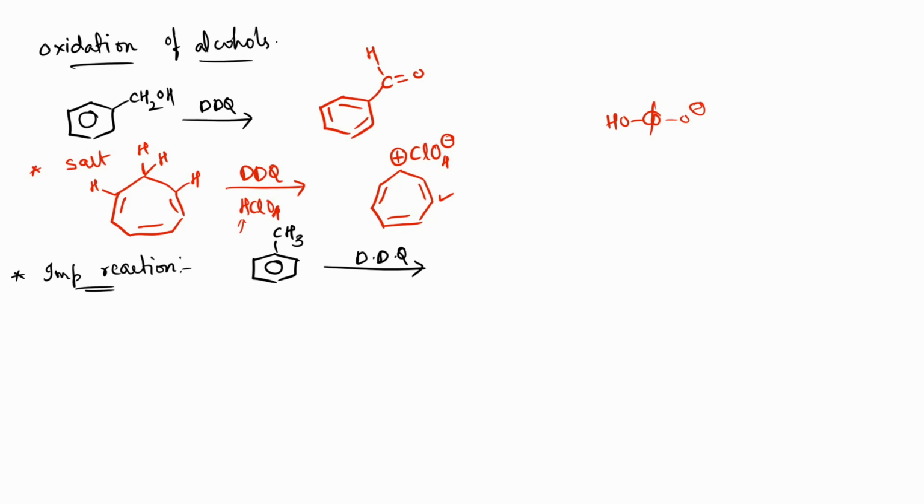Next is the last type of reaction, which we can say, if there is no additional hydrogen for a compound to undergo dehydrogenation process, what we observe is, we have a product which will be an oxidized compound of the previous reactant. That is, when you treat CH3 with DDQ, since this carbon has just hydrogen, it is not attached to one more carbon containing any hydrogen or oxygen containing any hydrogen. So this compound will undergo oxidation, that is, we call that insertion of oxygen.